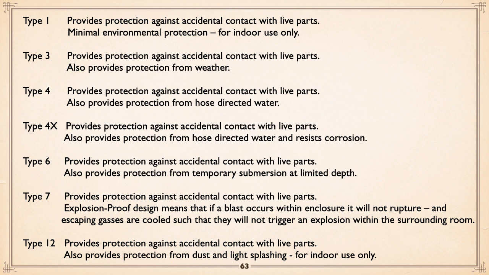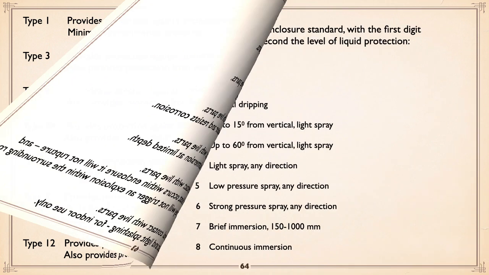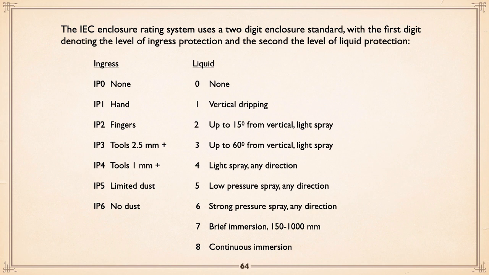Type 12 provides protection against accidental contact, and protection against dust and light splashing, for indoor use only. So Type 12 meets the requirements of Type 1, and there's the bunch. Now, IEC does things a little different, because they do, and they use a 2-digit way of identifying them. Basically, the first number, IP, enclosure and type,